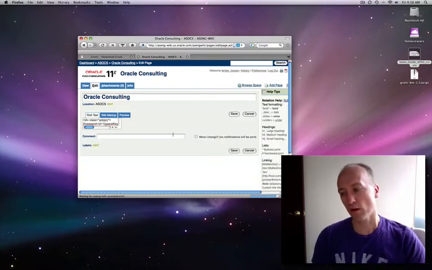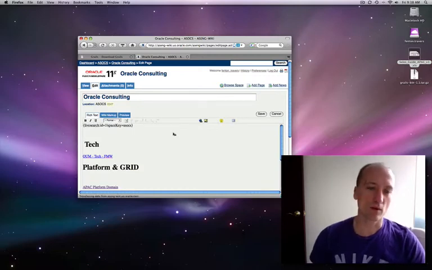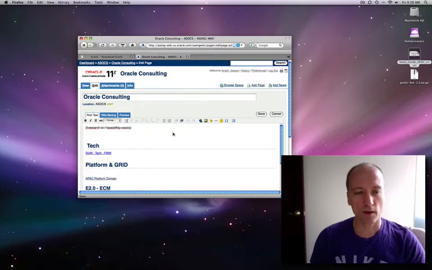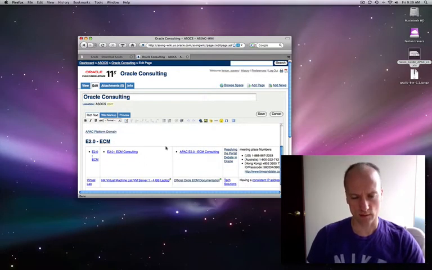And really, the way a wiki works is that there's some what they call wiki markup, but that's kind of under the hood, and I'm not going to really expect anybody